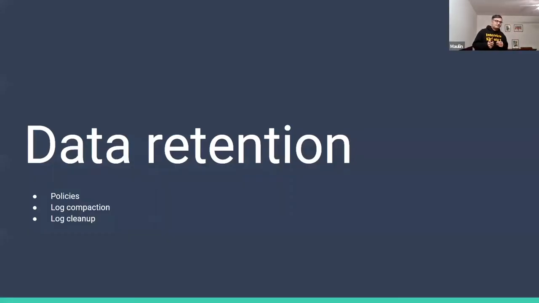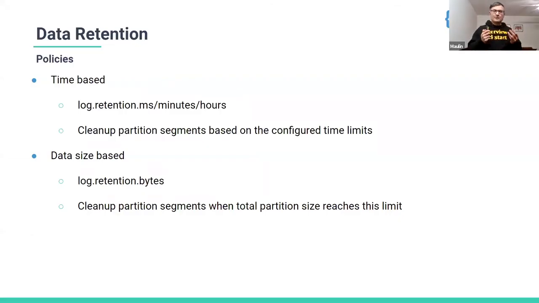So let's talk about the retention part of it. How does Kafka determine when to delete data, purge data, and stuff like that? It offers you 2 policies: the time-based policy, where you can say, I want to expire my data after 10 hours of the original timestamp of segment file creation. The other mode is to say, okay, if my segment files go beyond 2 GB, I want to clean up. So based on one of these, Kafka will trigger the cleanup.